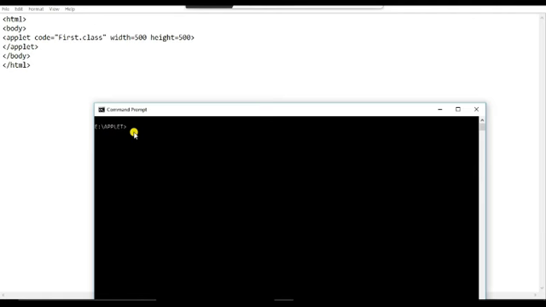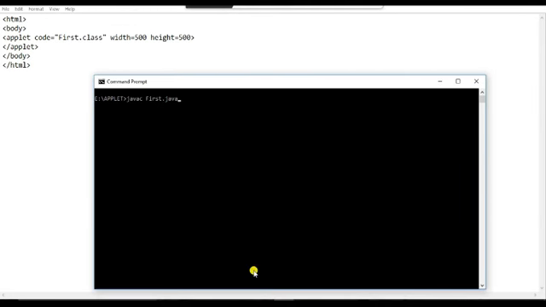This file I have saved in my E drive, in the applet folder, within a folder named applet. Then I am compiling this file. What is the name of the file? First dot java. This is the compilation procedure, a simple one. I will also explain with an Eclipse environment, so that you can get both environments. You will be familiar with both by using command prompt and notepad, and you can also use Eclipse. So let me compile this program.